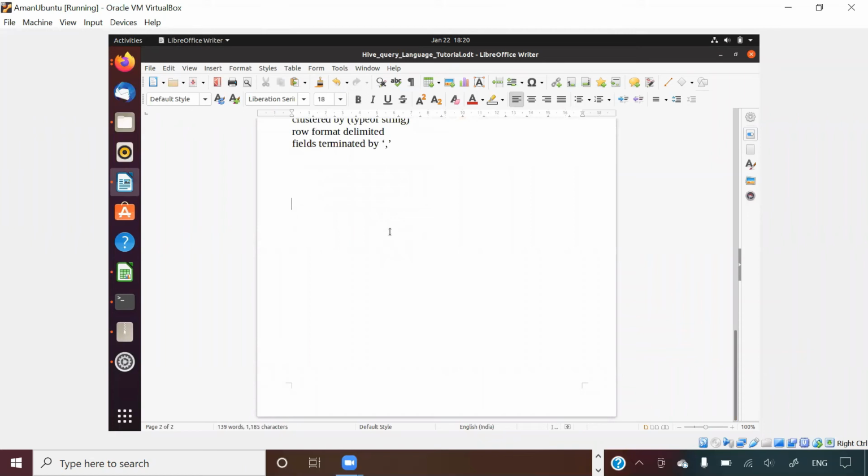In your data, let us say there is a category column. In this category column you have, let us say, red, green and blue, 3 categories. Tomorrow you want to write a SQL query where category is equal to, let us say, green.